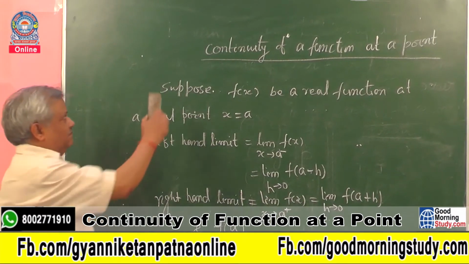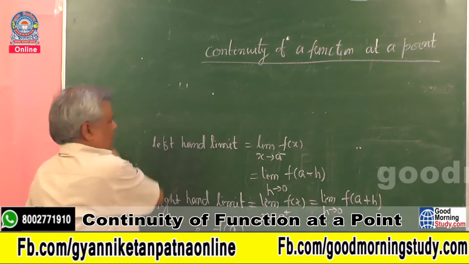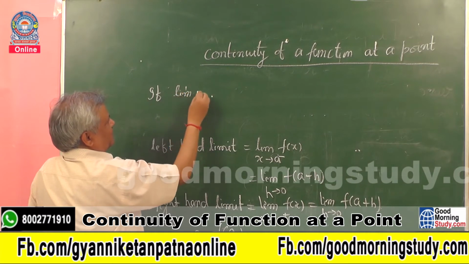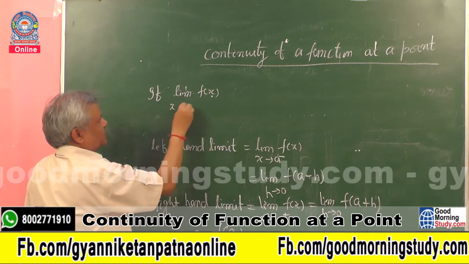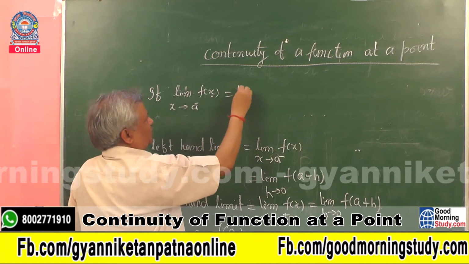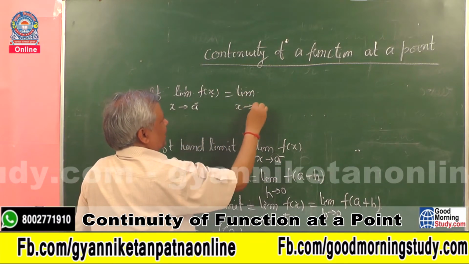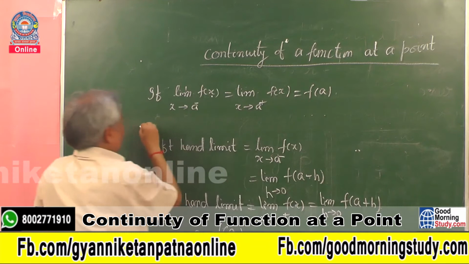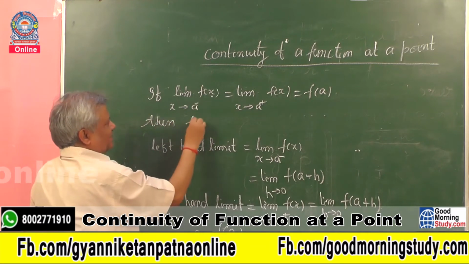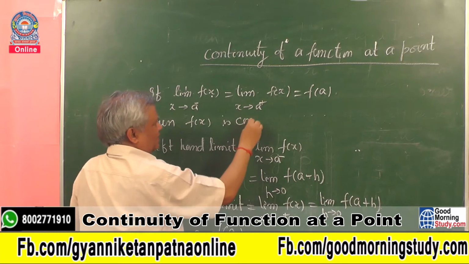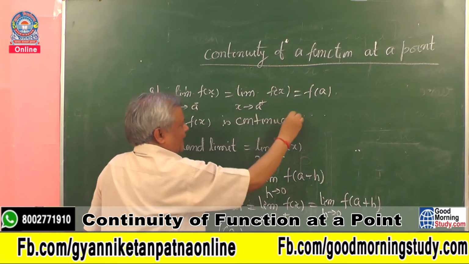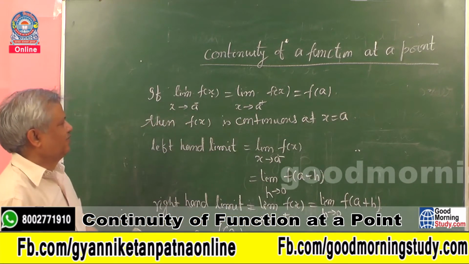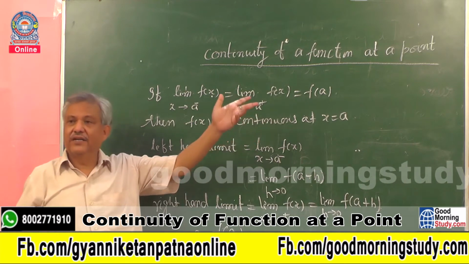So if the limit of the function f(x), x approaches to a minus, is equal to limit x tends to a plus f(x), is equal to f(a), then the function f(x) is continuous at x is equal to a. If any one of the three is not equal, then the function will not be continuous, that is, discontinuous